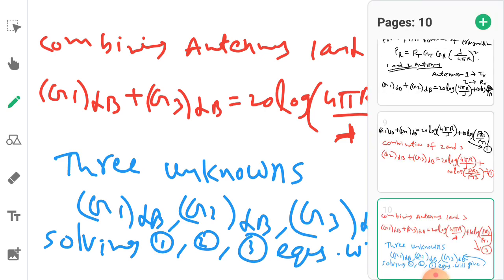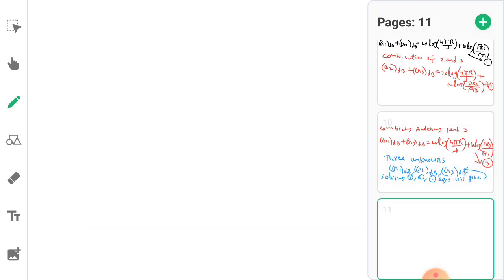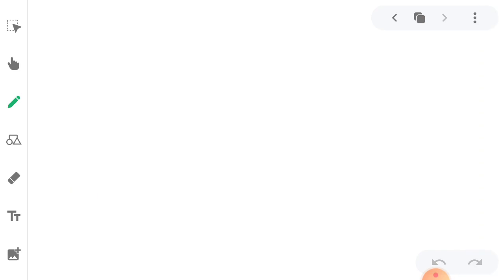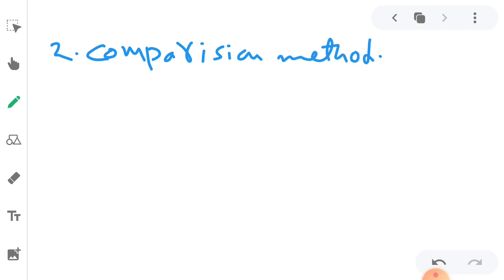So we basically had 2 methods: the absolute method of measuring gain and the comparison method of measuring gain. In the absolute method itself we have 2 types, one is the 2 antenna method, another is the 3 antenna method. Next we have the comparison method. So in this comparison method, what we use is 3 gains of the antennas